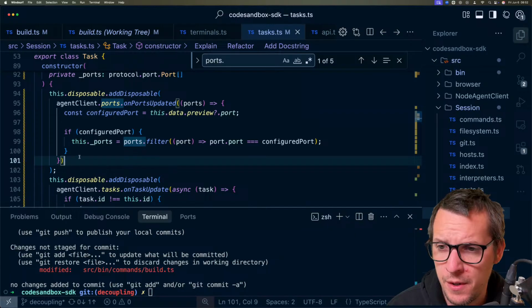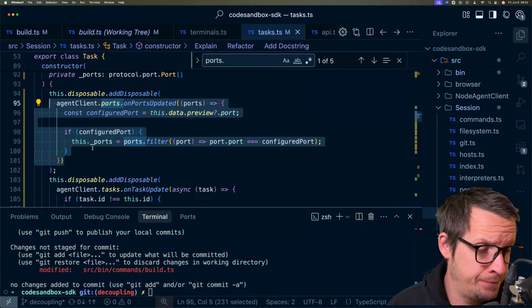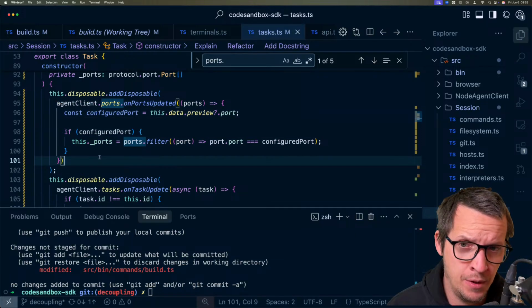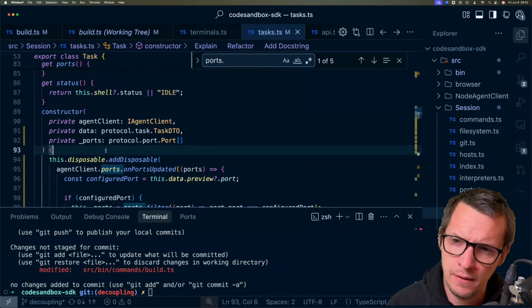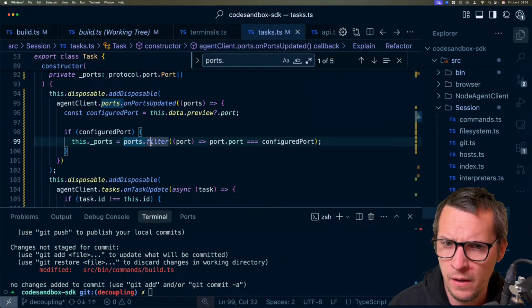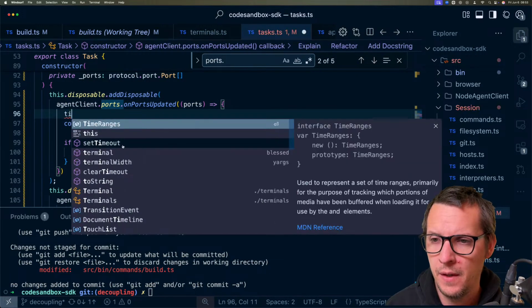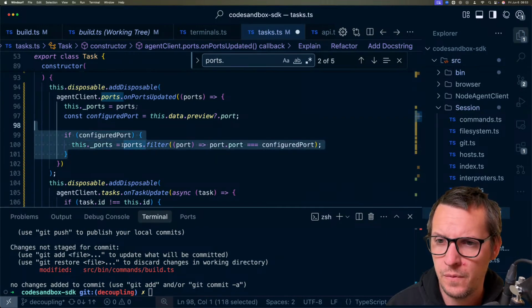That's the ports we're gonna assign. And then we have to be careful now, because if we don't have any ports, no, I think this is it actually. Well, yeah, this is actually it. Oh, wait a minute. Yeah, sorry, no, this is not gonna, okay, sorry. This dot ports equals ports, and then